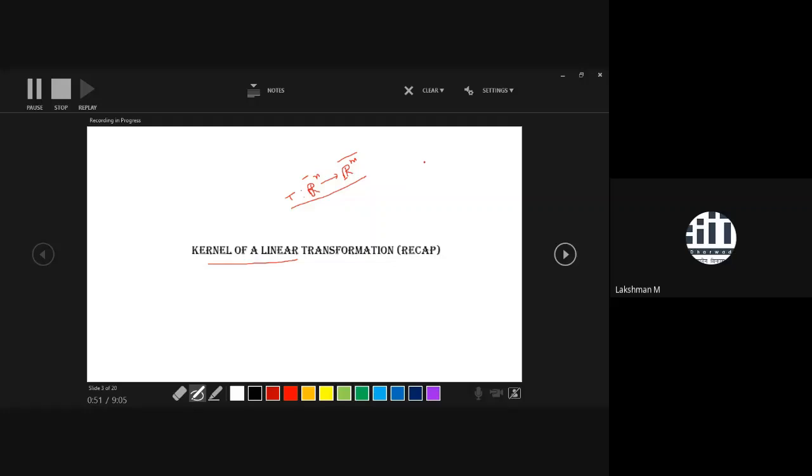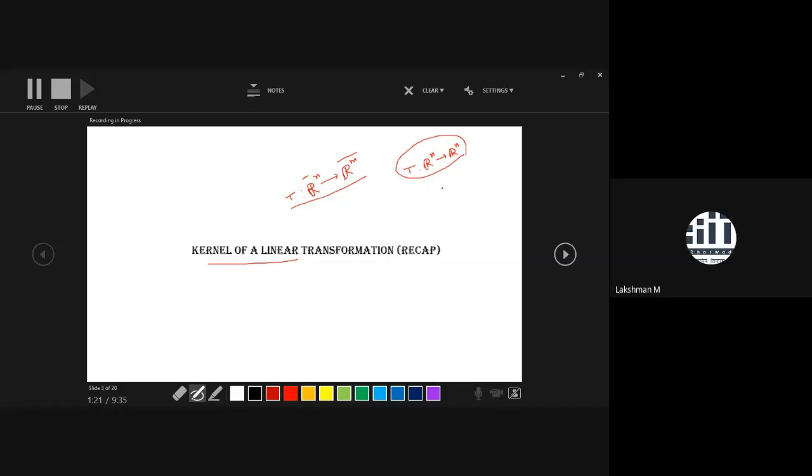In the case of a self-mapping linear transformation, the representation would be like this. If you observe that the matrix of a linear transformation is a square matrix, then directly you can say that the corresponding linear transformation is a self-mapping. And if there are two different domain and target spaces, then it is not a self-mapping, it is a general linear transformation.